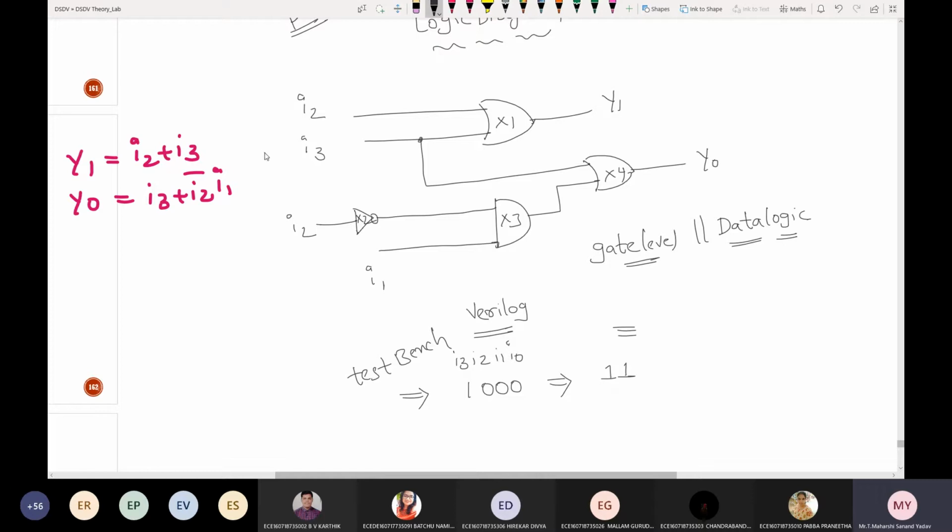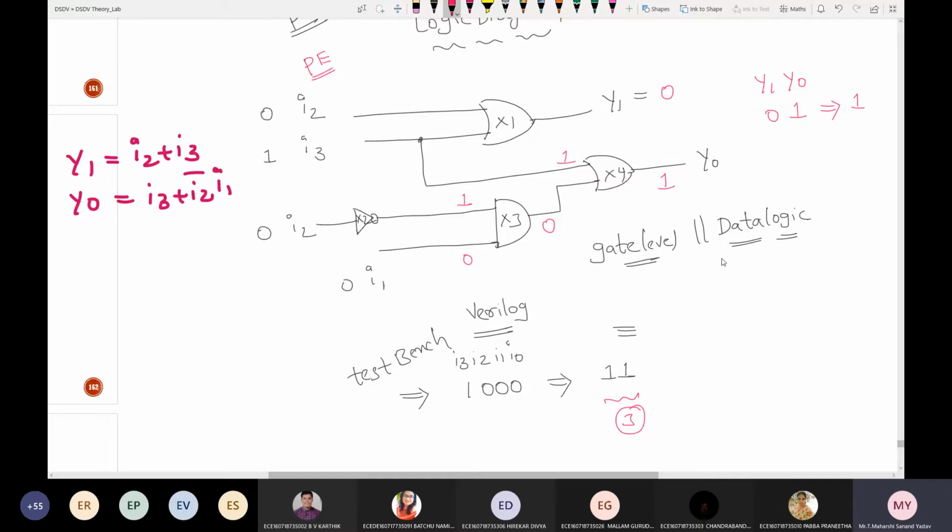Let us see. I'm taking I3 as 1, and I2 and I1 are zeros. What will be the output at Y0? 0 plus 0, that is 0. Next, here it is connected to 1 and 0, and after passing through the NOT gate, it will be 1. This is 0, and 1 into 0 will be 0. Next, 0 plus 1 is 1. So I take the output as Y1 and Y0. What is Y1? 0 and 1. So what is the equivalent here? 1. But what is the result that I have to get? 3. So for priority encoder, the code will not work for gate level and data flow.